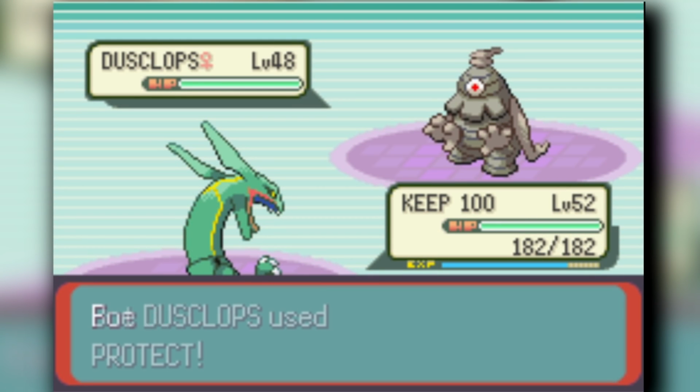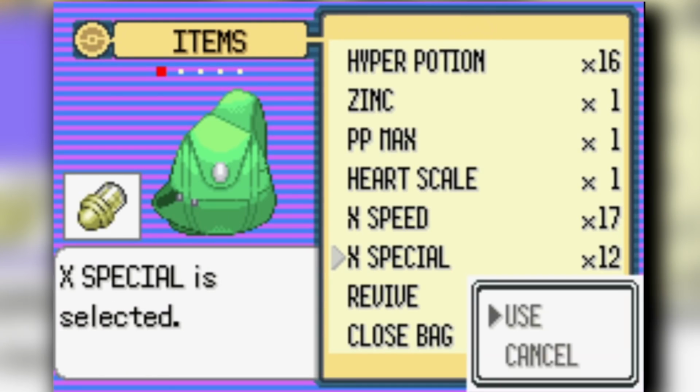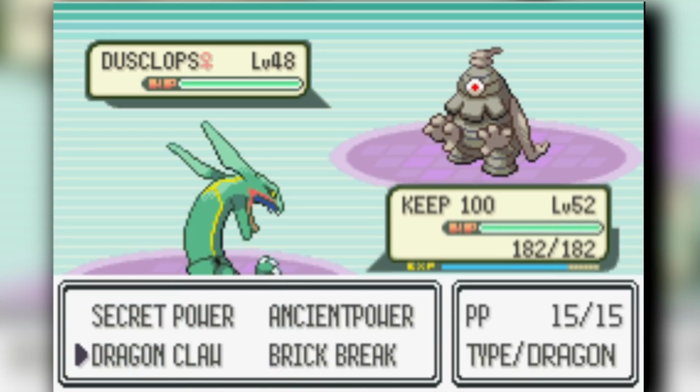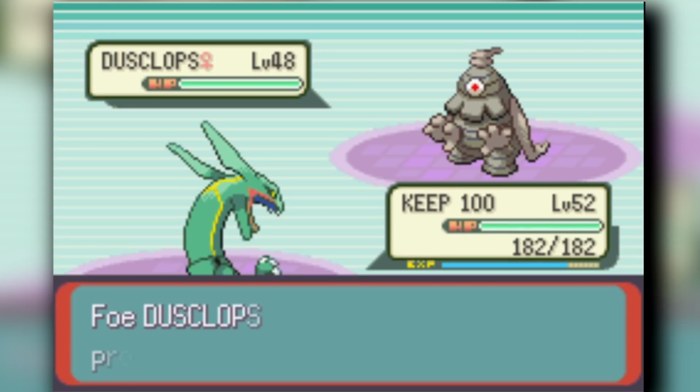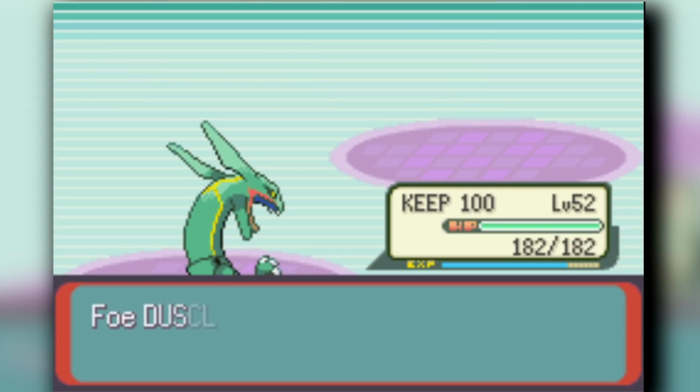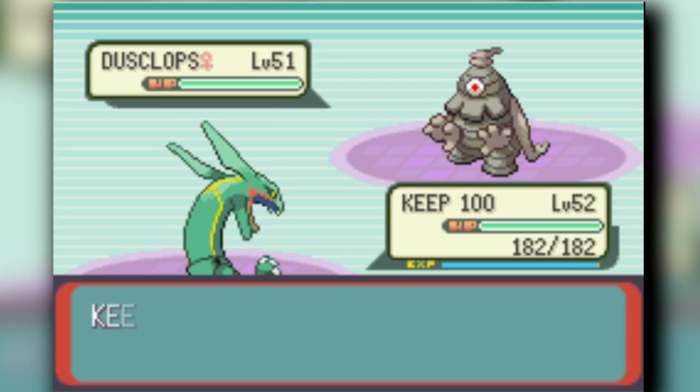Anyways, I used my Rayquaza to start off the battle. I'm going to use an X Special to start off. It's going to keep using Protect against me, so I started using X Specials as much as I can, and eventually I just realized it doesn't do anything besides using Protect. So Dragon Claw will eventually break through it and knock it out in one shot,